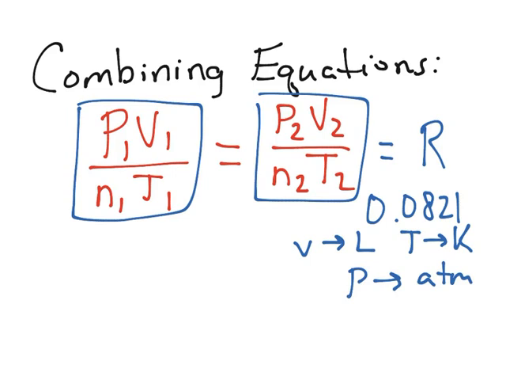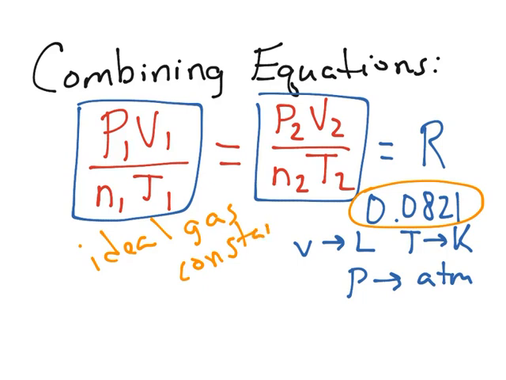So for this reason, this value of R, which is called the ideal gas constant, it's best to memorize that the ideal gas constant is 0.0821, but you have to understand that that means your volume must be in liters, your temperature must be in kelvins, and your pressure must be in atmospheres. So if